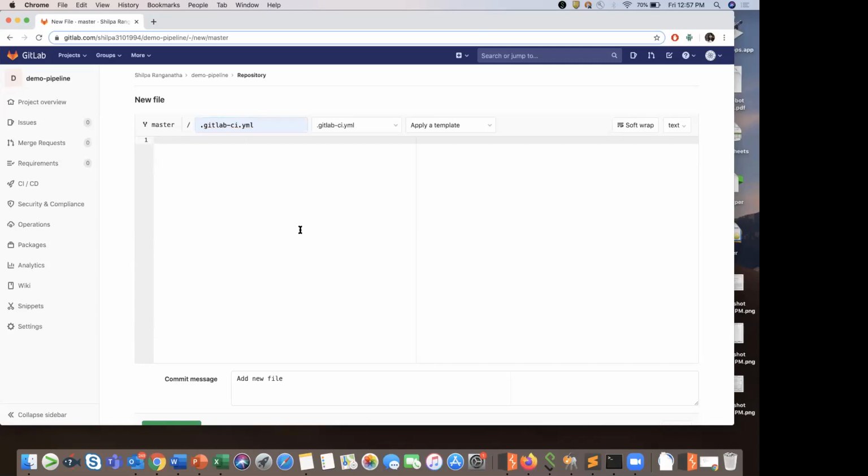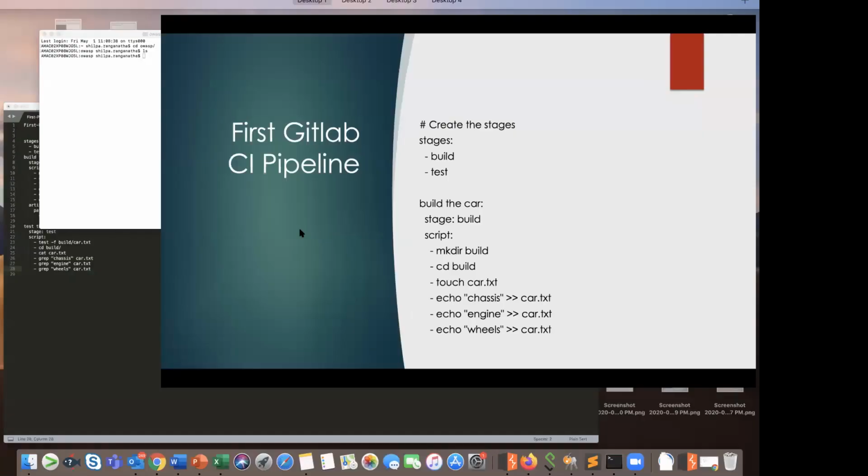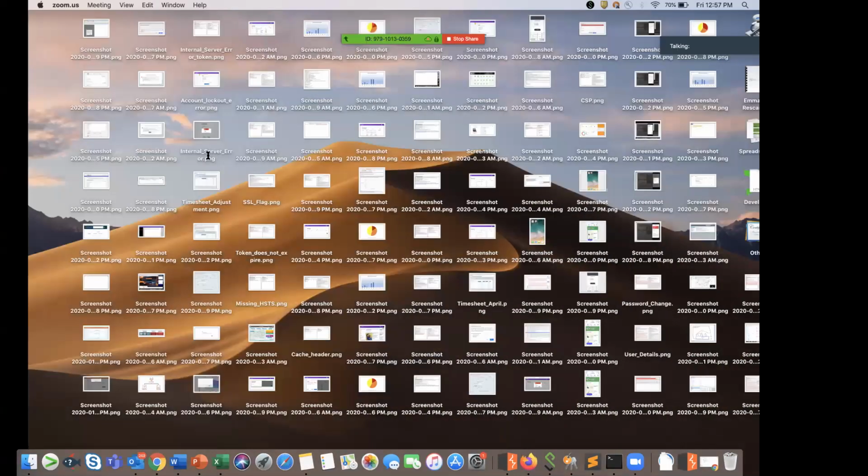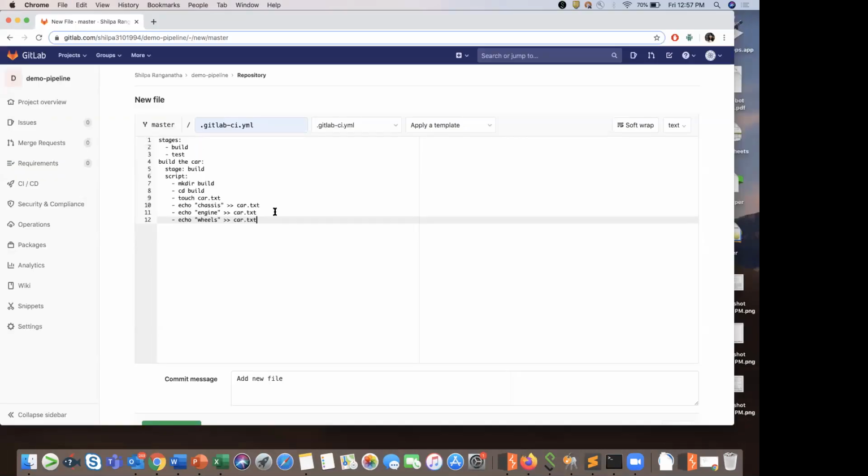Okay, so let's start off by writing the first part of our pipeline. It's a very simple pipeline. So I already have the code here. So let's start off with the first part. As and when I execute, I will be explaining the code as well.